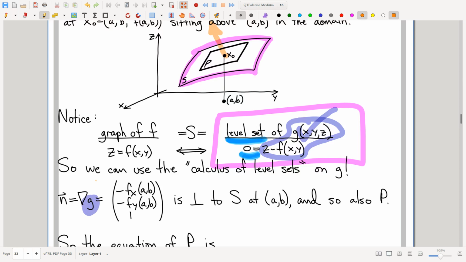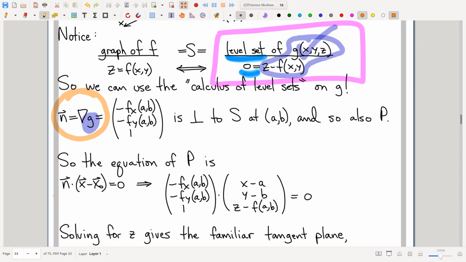The gradient is perpendicular to the surface. Therefore, the gradient is perpendicular to the tangent plane. Therefore, that gradient could be my little n vector, my normal vector for the tangent plane. So that's the big move. You take this function, write down its gradient, call that your normal vector,